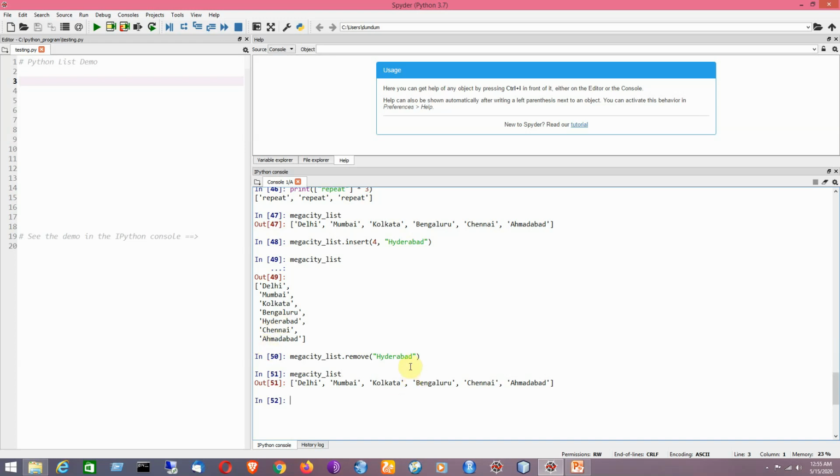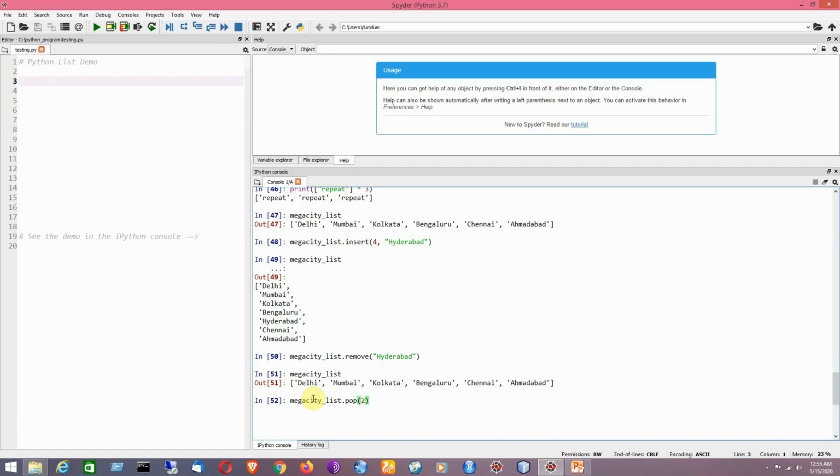There is another method that can be used for removing an element, called pop. It has two variations. If I mention the index number, it will remove the element at that particular position.